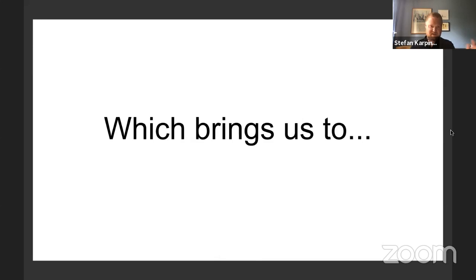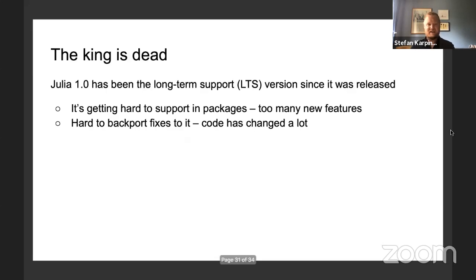So this all brings us to, what's next? And basically the thing we've realized is that the king is dead here. Julia 1.0 is a little bit past its prime. It's still perfectly usable, but it's getting really hard to support it for new packages because there are just too many new language features that we've introduced since 1.0. And it's also, on our end, getting really hard to backport fixes to it.